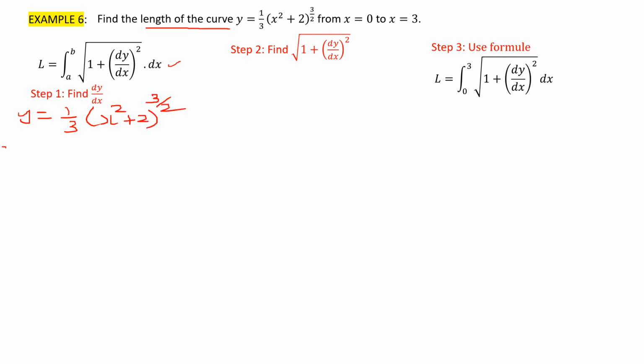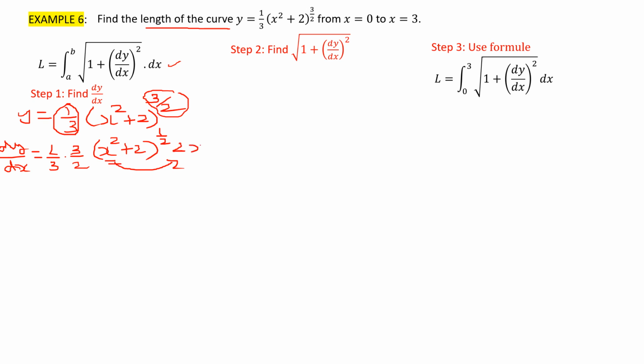So now I am going to find the derivative of this, that is dy by dx. We keep this 1 over 3 as a constant. Then by using the derivative formula, the power 3 by 2 will come in front, so we have 3 over 2. Then I keep this as it is and reduce the power by 1, that is 3 by 2 minus 1, which gives you half. Then using the chain rule, we do the derivative of the inside term. The derivative of x power 2 gives you 2x. Now I cancel this 3, this 3, this 2 and this 2. So we have remaining with